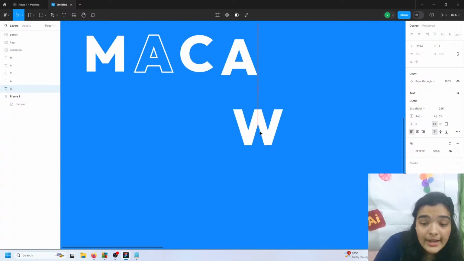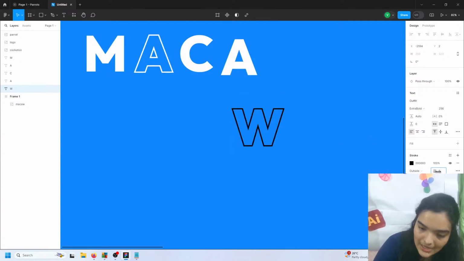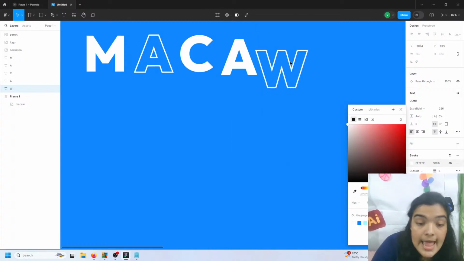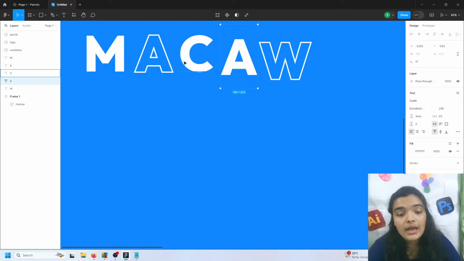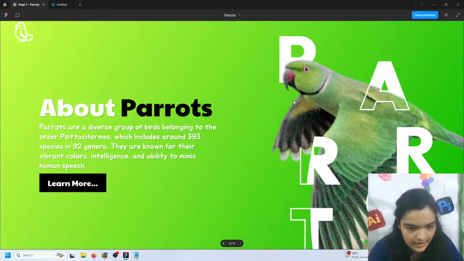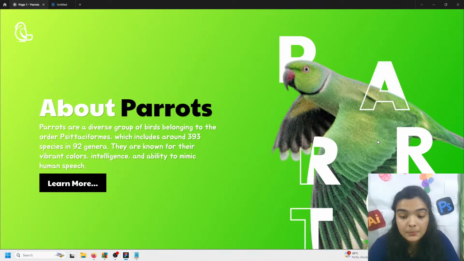And now finally with W, I'm going to remove the fill, put in a stroke, and I'm going to explain why I'm doing this in just a bit. Put the stroke to a thickness of 6 and change the font color to white again. And now we're going to take all of these and try to place it inside of our image, just like this. But since it's quite difficult to start positioning texts right and left, one thing you might want to do